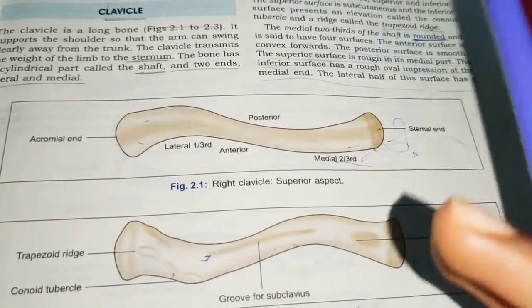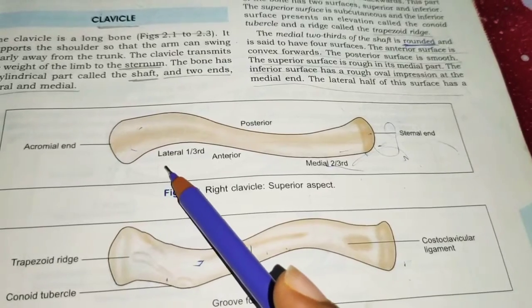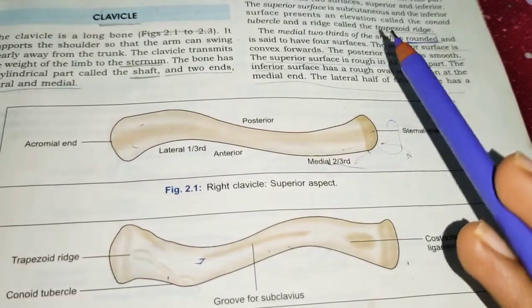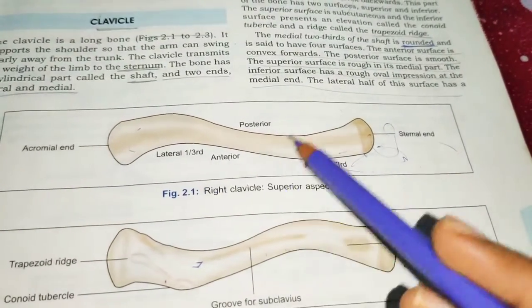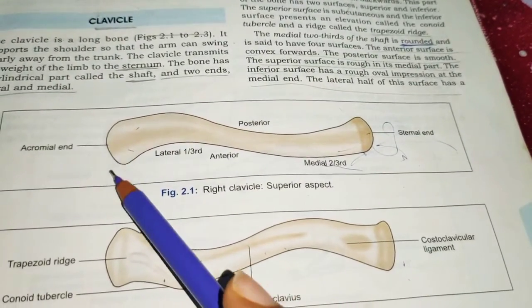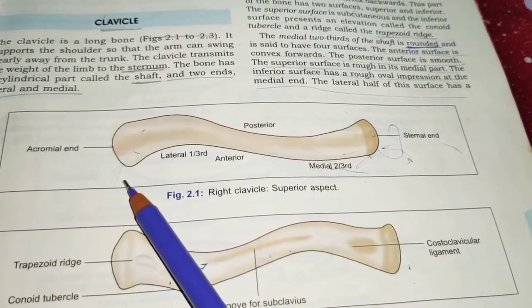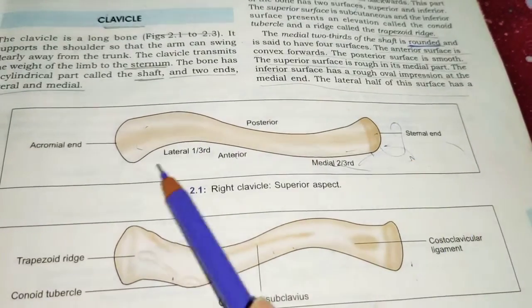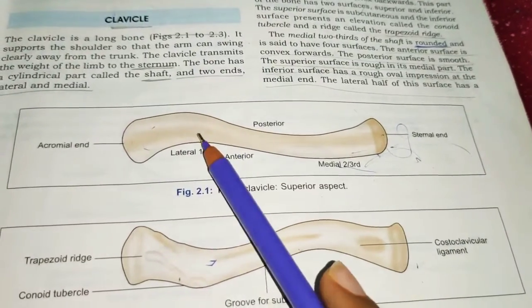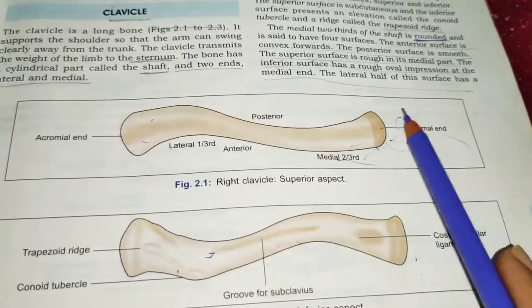So now we will differentiate between male and female. In the male, the clavicle will be somewhat long and thick, but in the female, the clavicle will be short, light, thin, smooth, and the curvature will also be less compared with the male. And in the female, the lateral end is a little below the medial end. The medial end will be higher and the lateral end will be lower. But in the male, the lateral end and the medial end may be at the same level, or sometimes the lateral end will be higher than the medial end. So it's reversed. In the female, the lateral end will be below, but in the male, the lateral end may be higher or sometimes equal with the medial end.